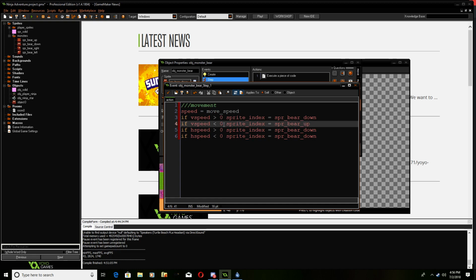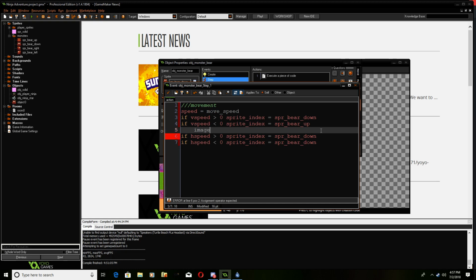And like I said, you'll notice that I didn't put the squiggly brackets around this. If there is only one instruction, and there is, we're just assigning the sprite to the sprite index, that's the only instruction that follows the if statement, those things are not necessary, and it means you can make your code a lot more concise. However, if I wanted to do 2 things, like change the speed when it goes up or something, then I would need to put those squiggly brackets, because if I did this, sprite index equals that,